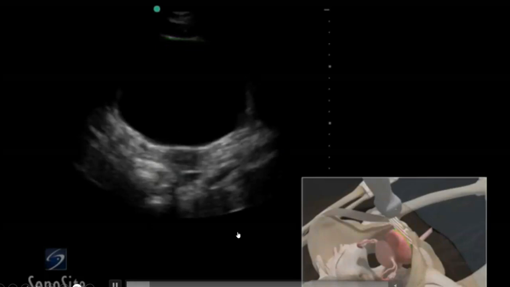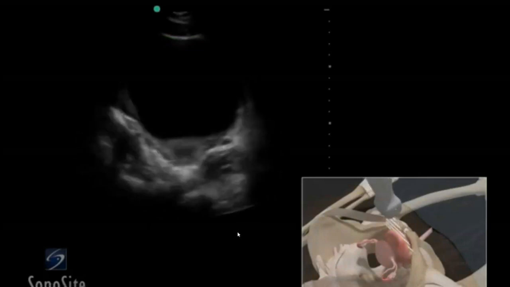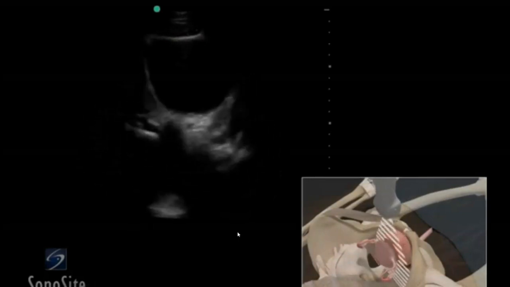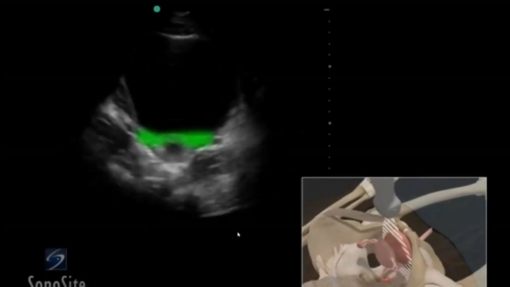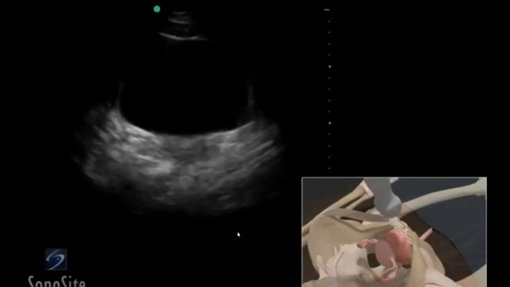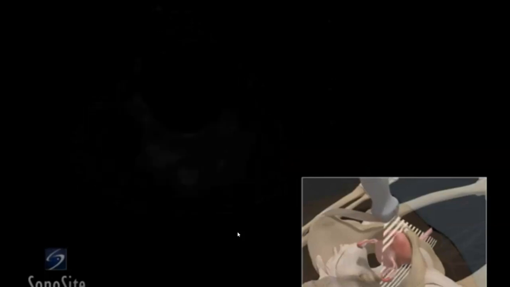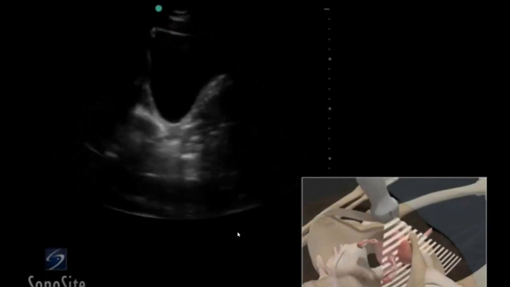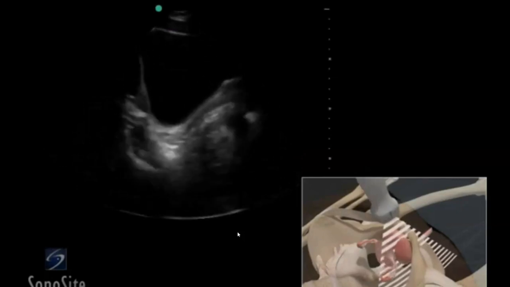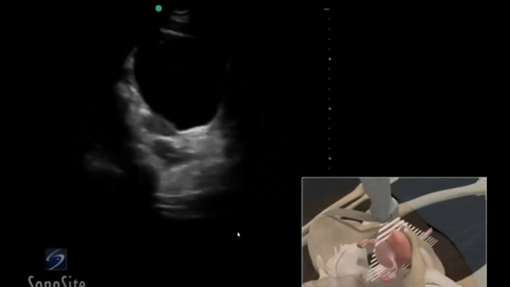Okay, so this is just showing the first view. You're going to orientate the probe in a longitudinal plane with the marker towards the patient's head, and then place the probe along the midline, immediately superior to the pubic symphysis. You're going to fan the probe to scan through the bladder, assessing for surrounding hypoechoic fluid. You're then going to rotate the probe 90 degrees, like you can see in the video. That's now the transverse plane with the marker facing towards the patient's right. You're going to angle the probe downwards into the pelvis,